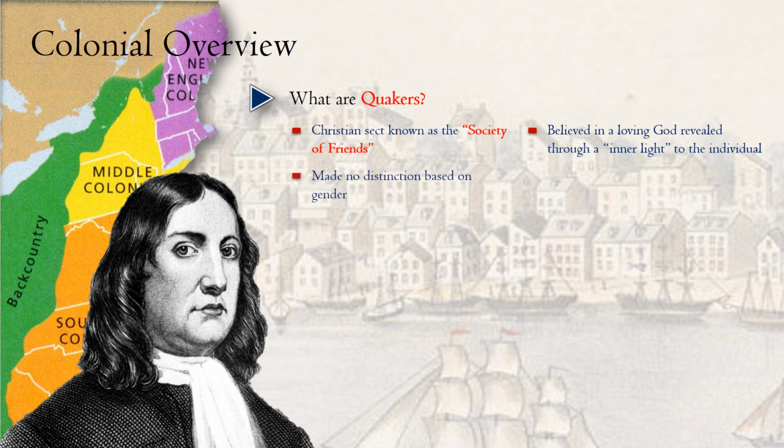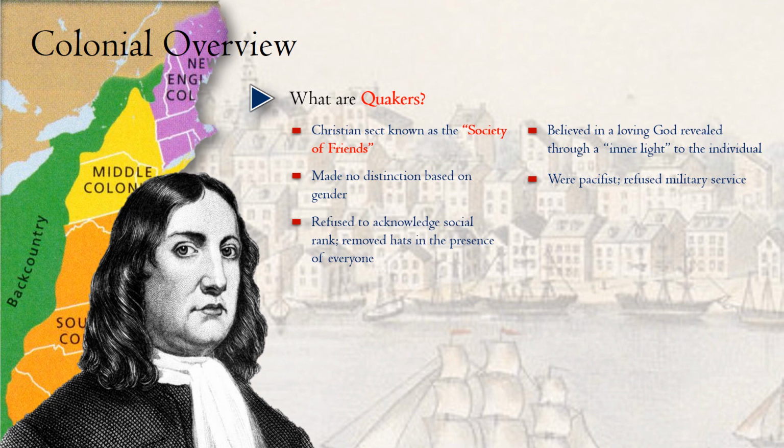Another interesting characteristic of the Quakers is that they make no distinction based on gender. Both men and women can hold positions of authority within the church, can preach and teach, and that is not something that, say, the Puritans or the Anglicans would approve of. And another distinctive feature of the Quakers is that they're pacifists. They don't believe in fighting and refuse military service, and that gets them in a lot of trouble with some of the folks back in England that they want to settle among.